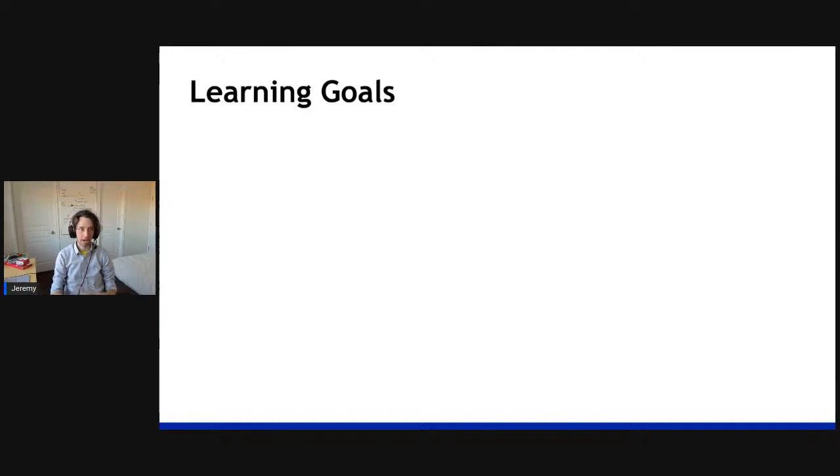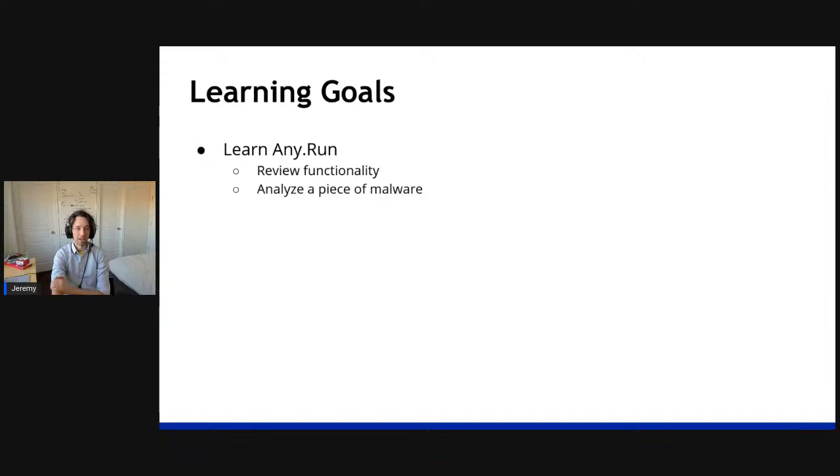So today we have two goals that we're going to try to accomplish. The first is we're going to learn how to use Any.Run. We're going to review what it does, then analyze a piece of malware, and see if we can generate some intelligence from it. From that intelligence, that's stuff that we learned about last week. We were looking at strings, indicators that the malware was on your computer, signs that it was running, things that it did when it was running. So we talked about that